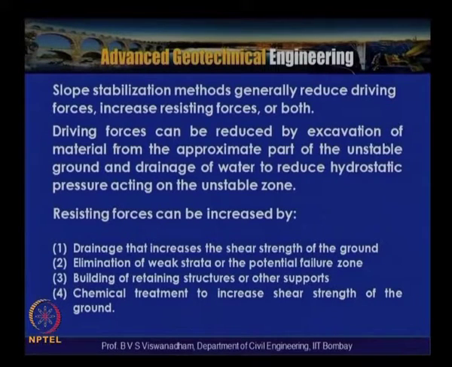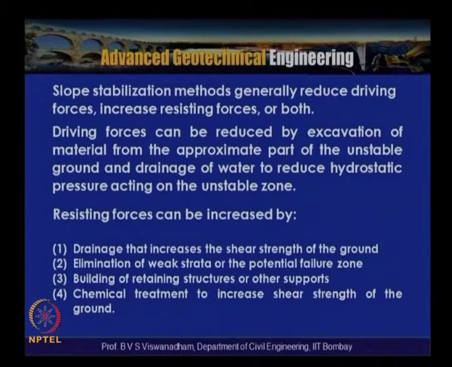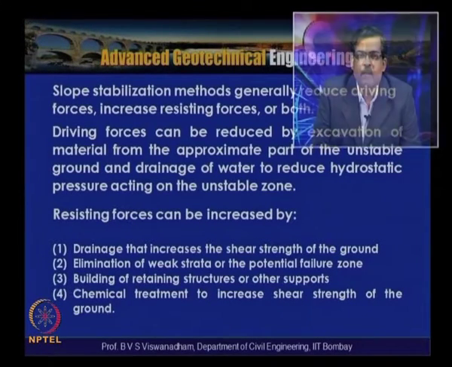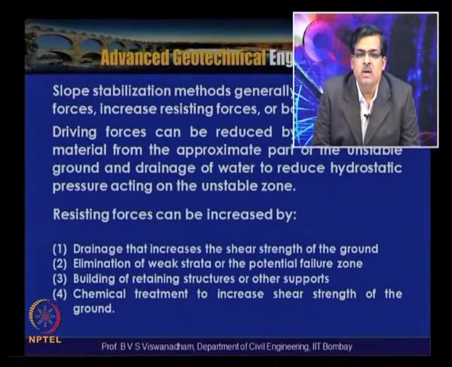And there are also some techniques where, if there is a deep-seated failure, then you need to adopt a technique where the forces are transferred to the deeper strata, and this is called piled slope stabilization. And to retain the soil at the surface level, there is a method called suppressor walls, which are attached to these piles. And the fourth method we mentioned is chemical treatment, which can result in hardening and increase the shear strength of the ground.